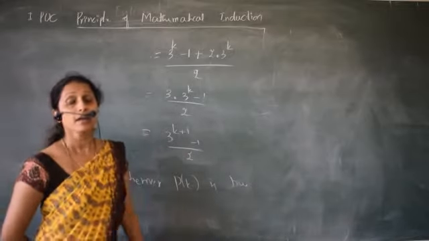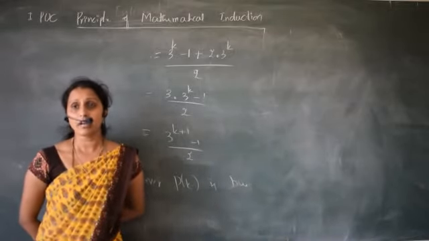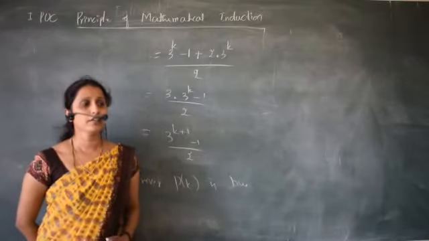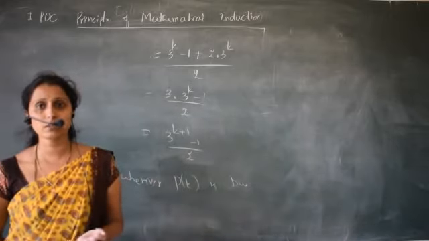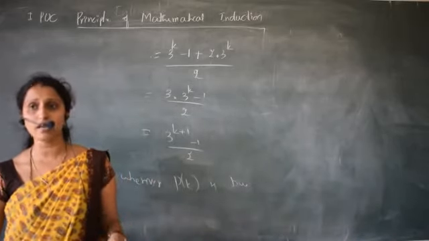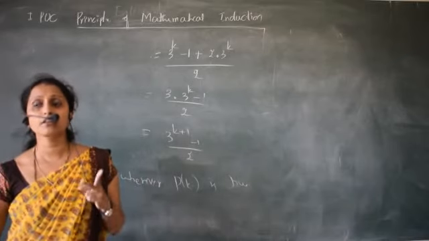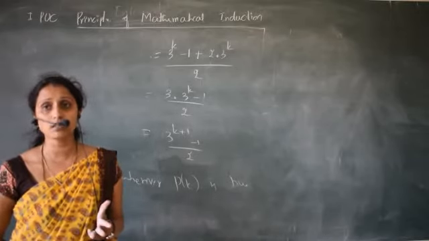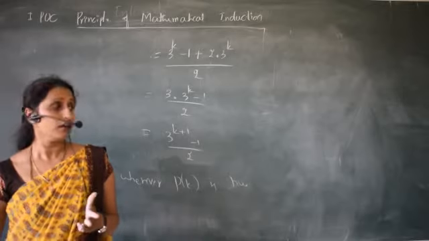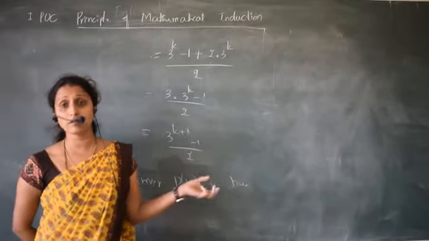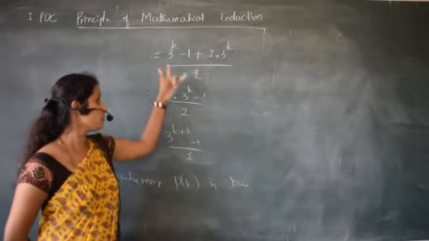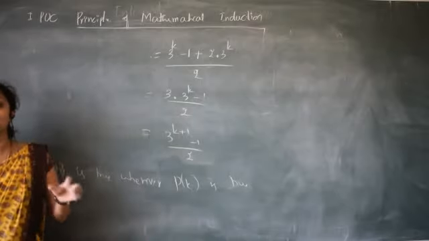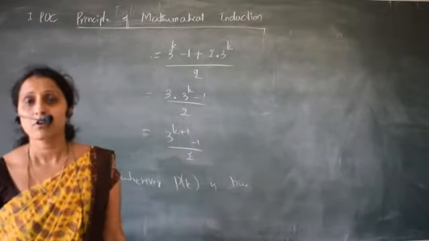So these questions carry 5 marks by applying the principle of mathematical induction. There will be stepwise marking. If you write let the given statement be P of n and verify for n equal to 1, that is 1 mark. Then assume for k, 1 mark. Then calculation, 2 marks. We shall now prove that when we write the k plus 1 terms and add, that takes 1 mark. After simplification, if you get the final answer, 1 mark. Then 1 more mark only for the final sentence, hence by the principle of mathematical induction. So it carries 5 marks, very important.